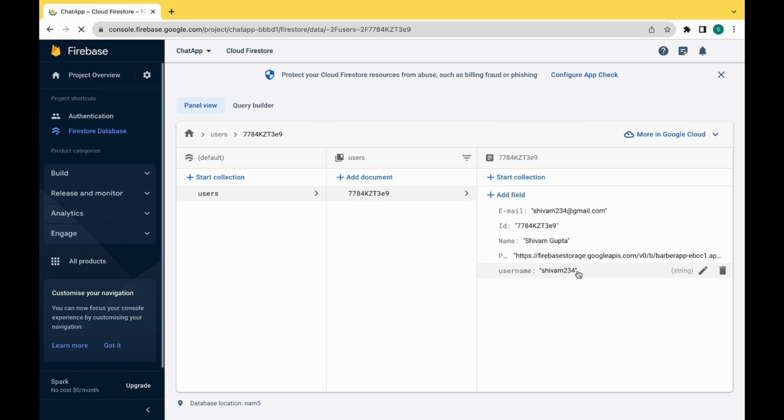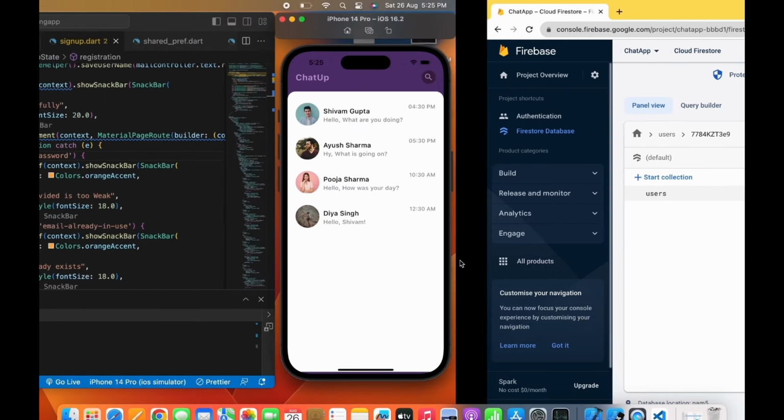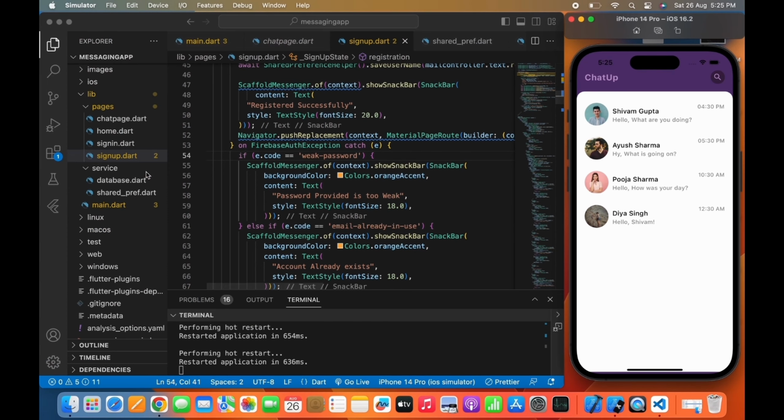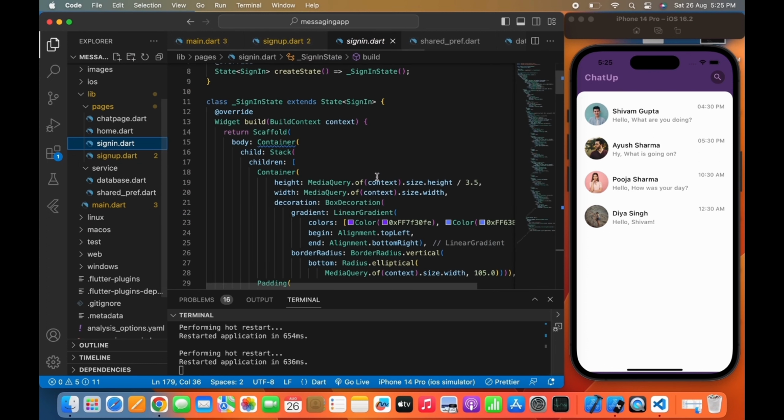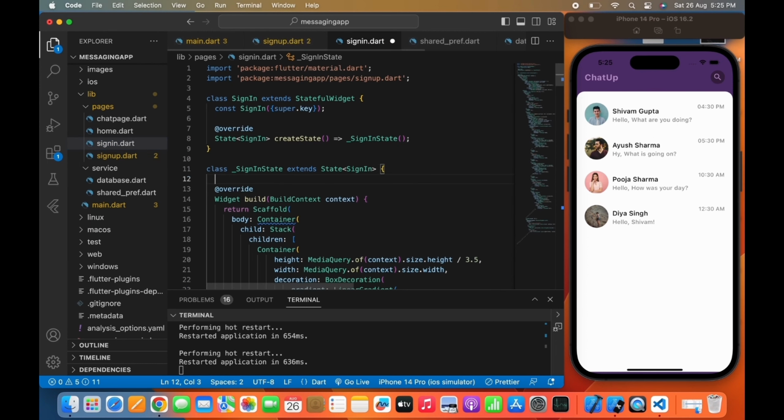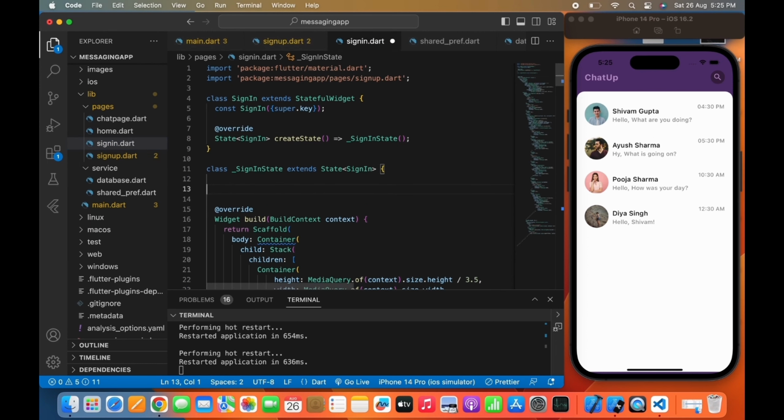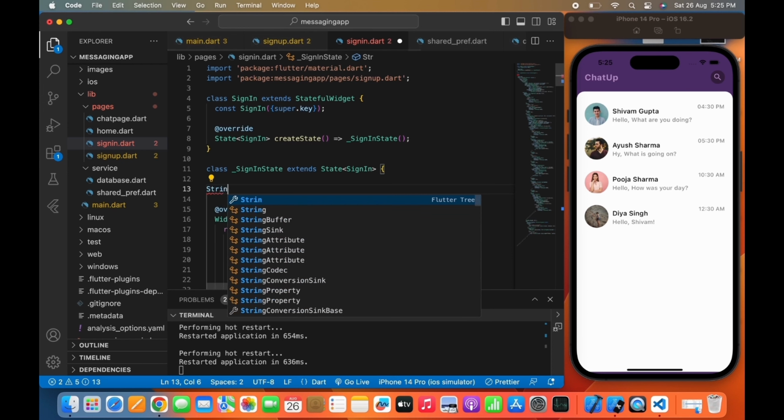What I have told you there, that the app will remove @gmail.com from the email and will name it Shivam234. Now let's move to the sign_in.dart file and add a few lines of code so the user can sign in to the app. So we will use two strings, email and password here. The reason for using email and password, as I told you before,